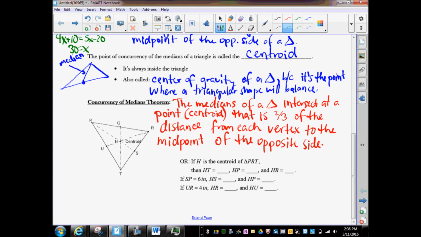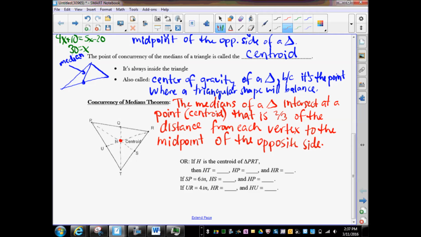Again, the things we're dealing with right now are perpendicular bisectors, angle bisectors, medians, and if we can get to it, altitudes. We're dealing with all of these within a triangle. So concurrency of medians within a triangle: the medians of a triangle intersect at a point, the centroid. Here's our point, and that is two-thirds of the distance from each vertex to the midpoint of the opposite